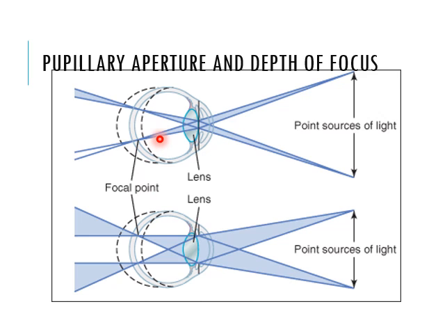Now you can see here in this diagram the upper one and the lower one. The only difference between them is that in the upper one the pupil is constricted, and in the lower one the pupil is dilated. A lot of light is entering. Now you can see in this image, the light entering with a constricted pupil usually goes through the center